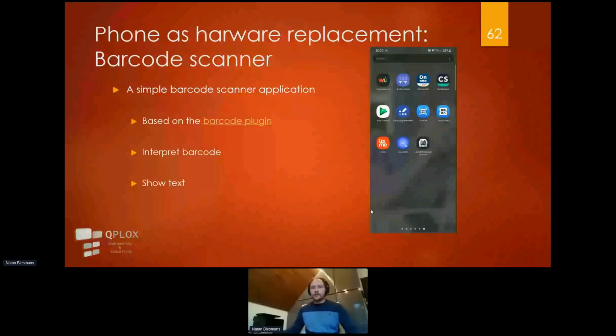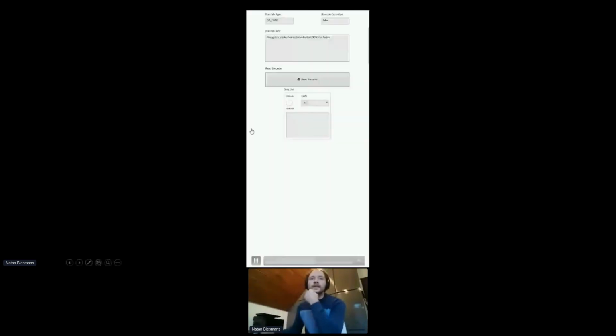So in this example, it was just a barcode scanner plugin, which was really, really nice because it allows a ton of different barcode styles, from QR codes to just barcodes and whatnot. So this is on my phone. I say read barcode, create custom QR codes. And in this case,